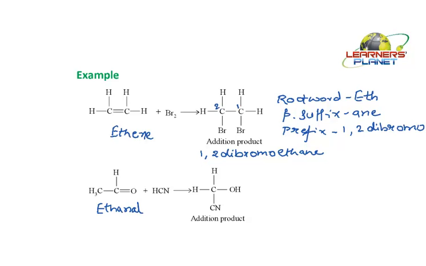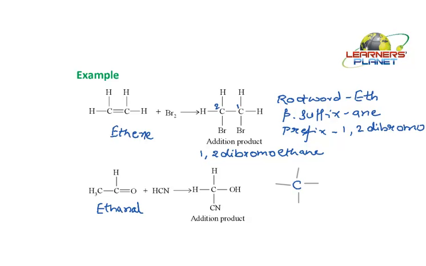Now this ethanol is reacting with what? HCN. HCN is hydrogen cyanide or hydrocyanic acid, and the additions are taking place like this. Now there is one question, why not OCN? Why not the product like this? It is a very basic question which would have arisen in your mind, that ma'am, why we can't write